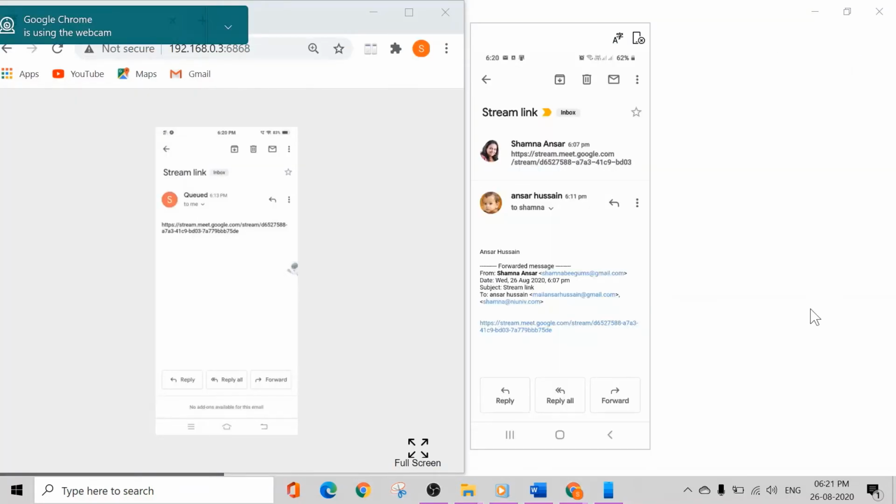Now on screen, you can see 2 mobile views. This is the mobile view of my husband, the mobile view of his personal account. I have invited him to watch the stream live. And here, this is the mobile view of my institutional ID. Here I have the same stream link.